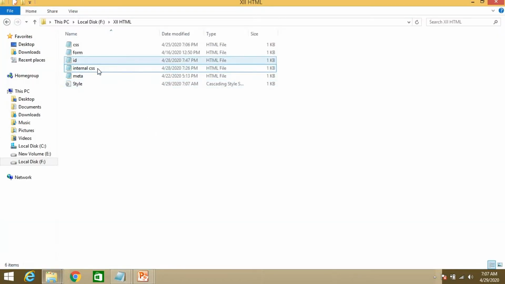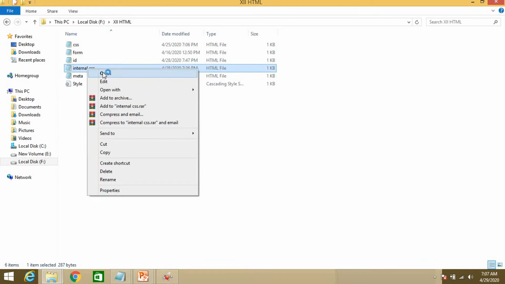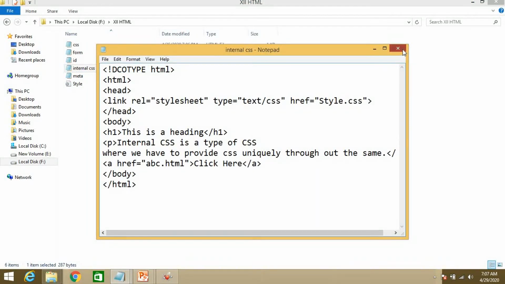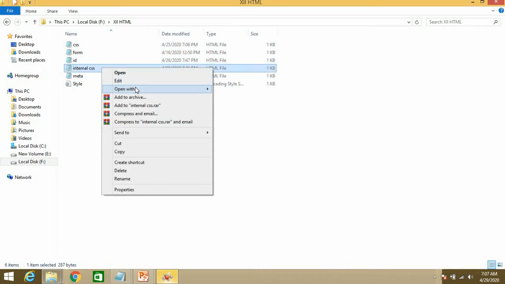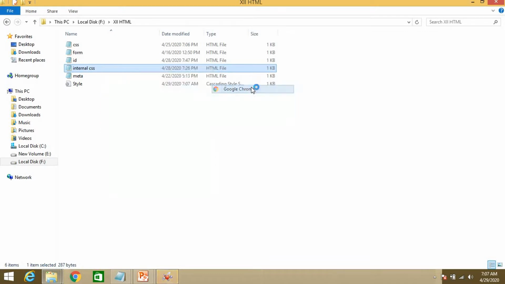You have to execute this part. You have to use a browser to execute this, so open with Google Chrome.